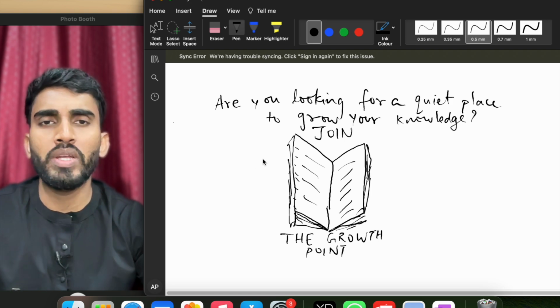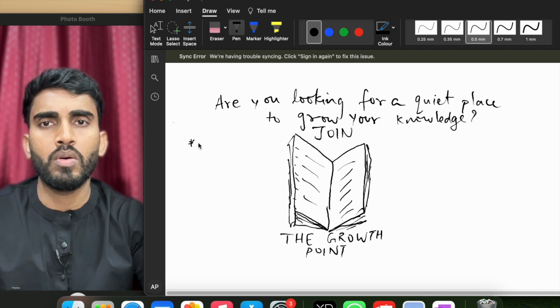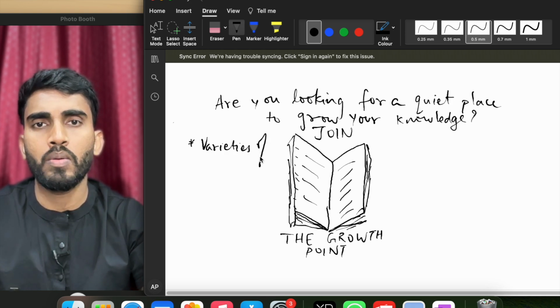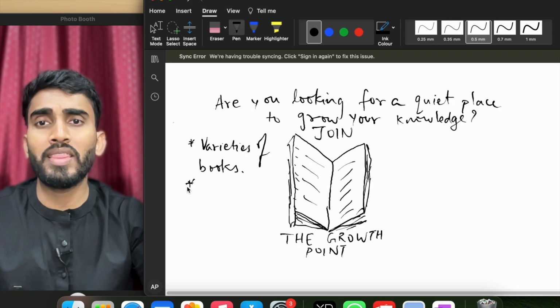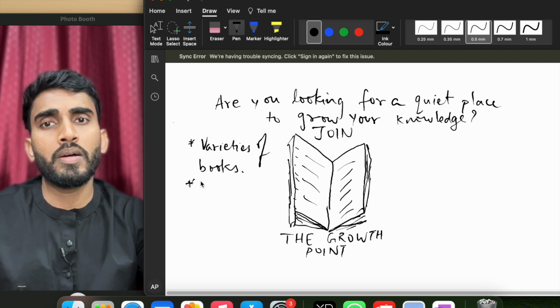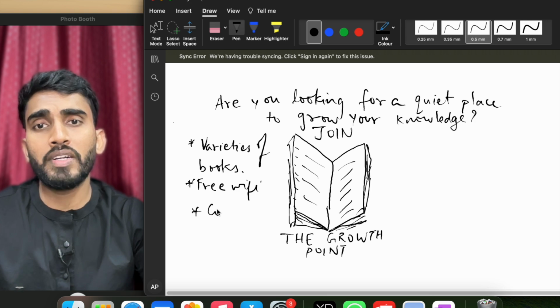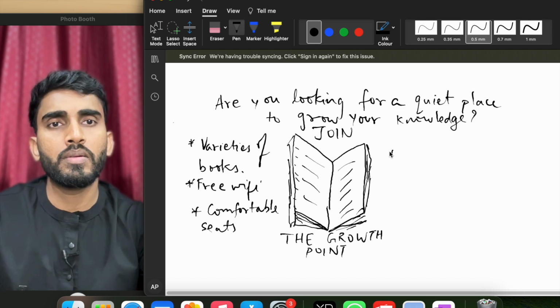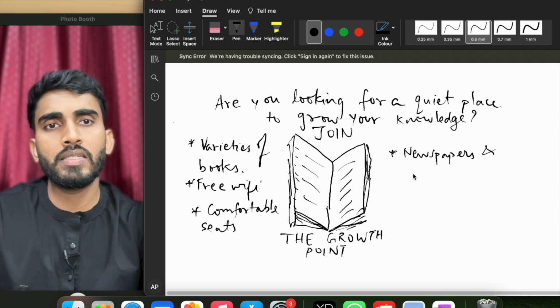Then on the sides we can write the special features of this library, like varieties of books. Think about that. What are required in a library? For example, here it is a library. You can think as per the question whatever is given: varieties of books, then free Wi-Fi, then comfortable seats, then newspapers and magazines,